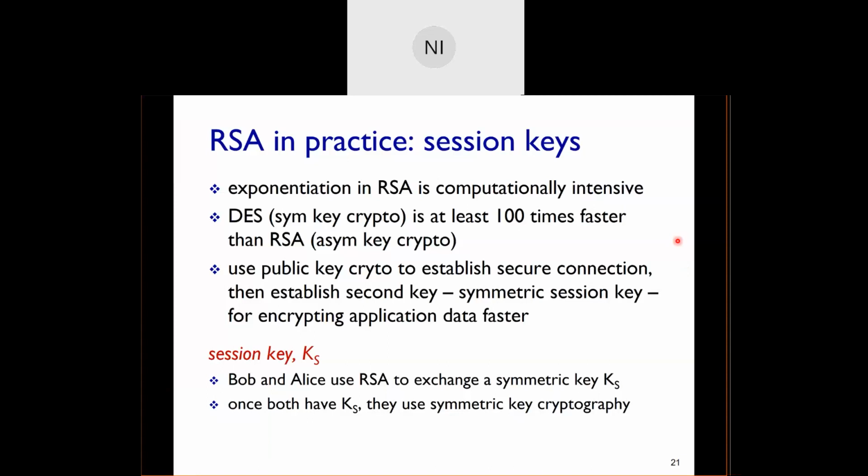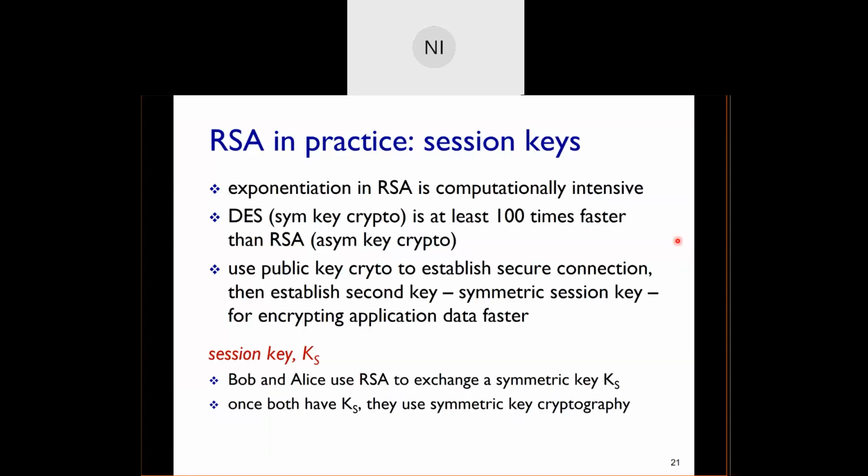And in that context, we were looking at how one can use RSA in practice because it involves exponentiation, which is quite a time consuming process, especially when you want to send large size messages. It is very slow. So in practice, what we do is we use both symmetric key cryptography and also asymmetric key cryptography, where we use RSA kind of